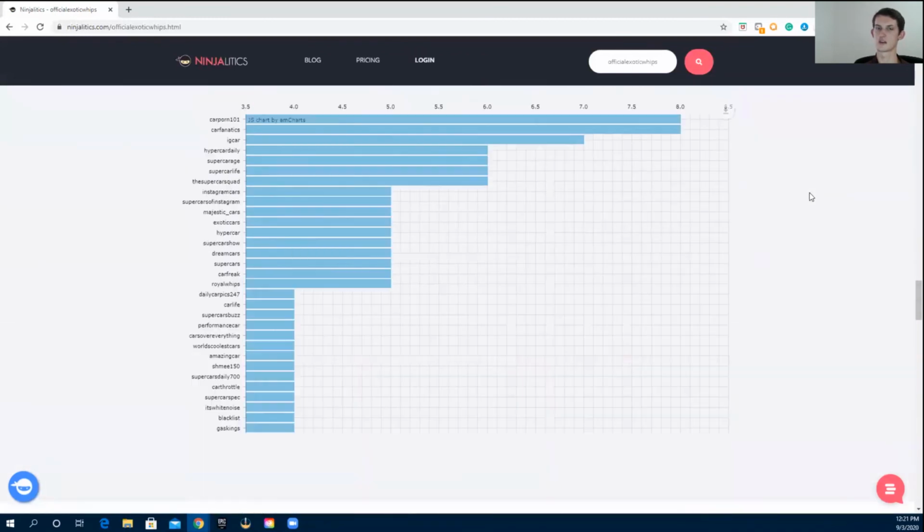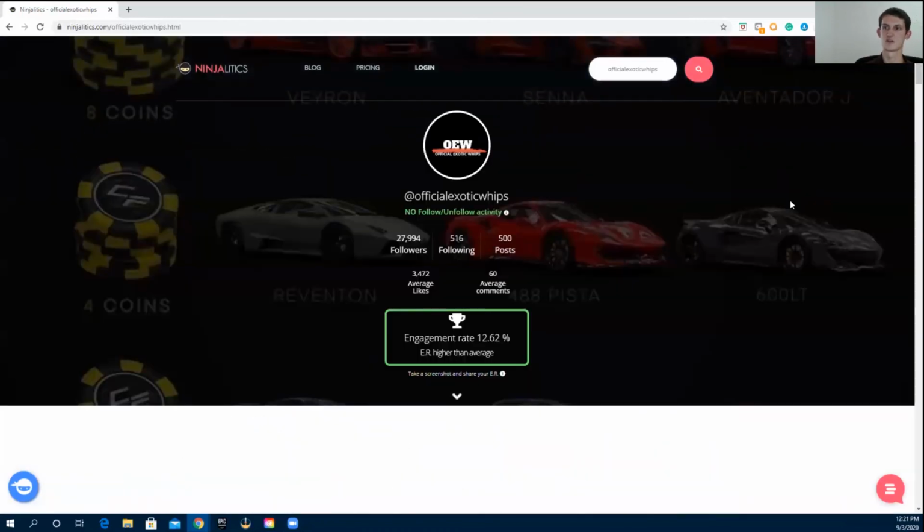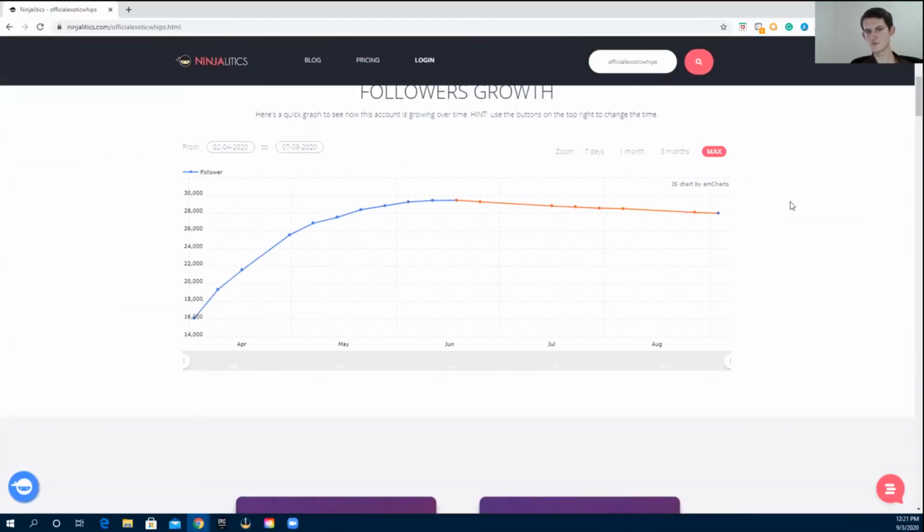Now, you guys can use Ninjalytics as well to spy on your competitors. You can see what they're doing, what posts are working best for them, how their follower count is looking, and how the fluctuations in what they are doing can be used to your benefit. So I will jump out of the computer here so that we can say goodbye before we head out.